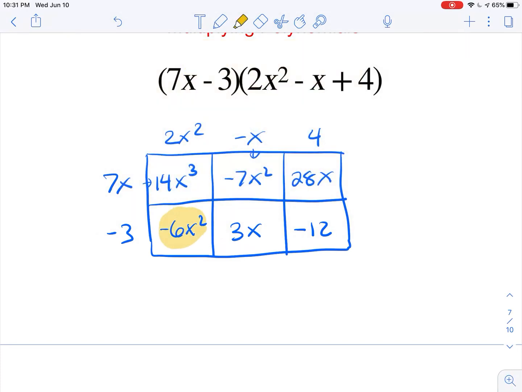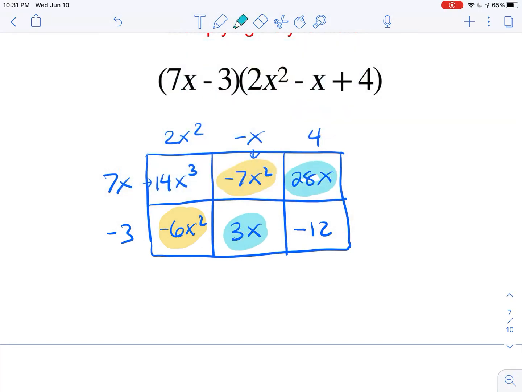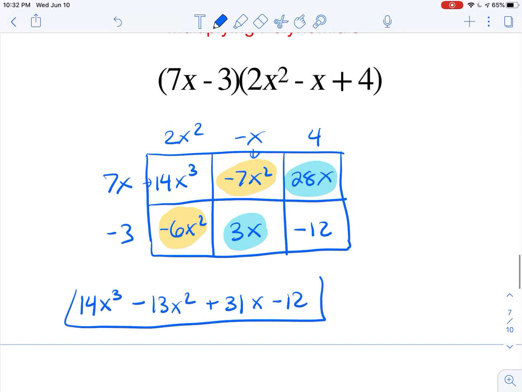All that's left is for me to combine like terms. Now, I tend to do it directly from the box itself. So I look for like terms. X squared and x squared get combined, and 3x and 28x get combined. So 4x to the third power, minus 7 minus 6 gives me a minus 13x squared. Then we have a 28 plus a 3 is plus 31x minus 12, and that is our